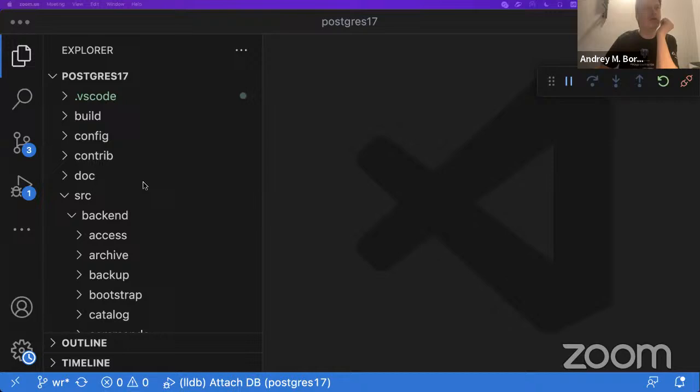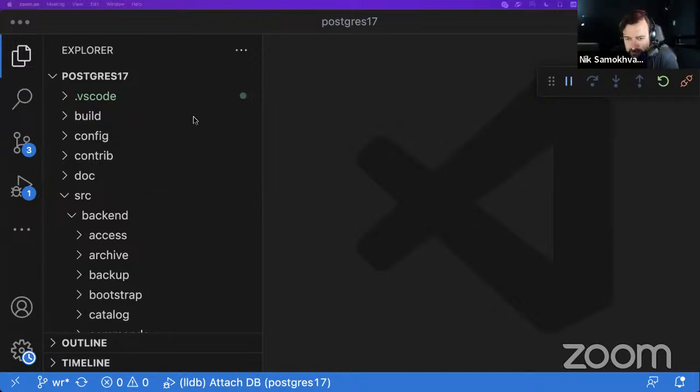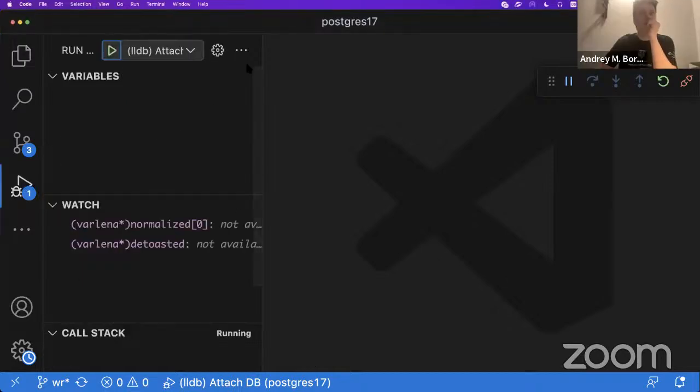Which is the correct desktop? I think this is one. Do you see now? Yep. Yes. So to attach to